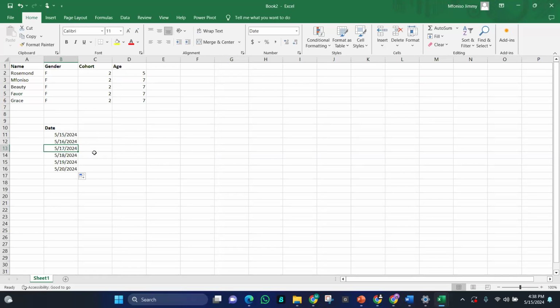But when I did that correction and I flash filled, you could see that after 16 it came 17, after 17 18, after 18 19, after 19 20. So this flash fill makes our work very easy. For example, if you have a large amount of data to input, and they have repetitions in certain things, you just need to tap and let the whole thing flash fill for you.